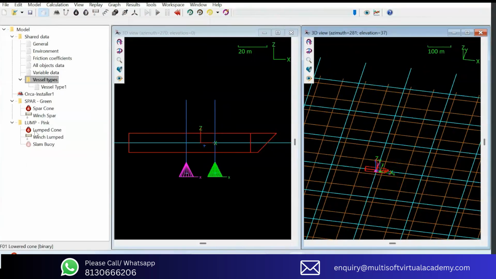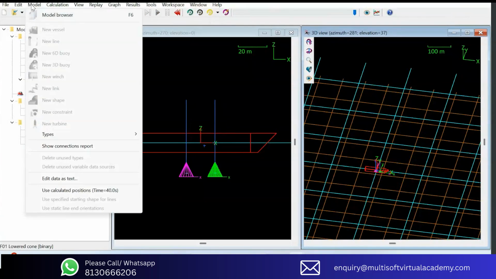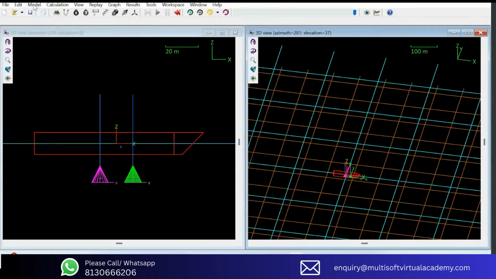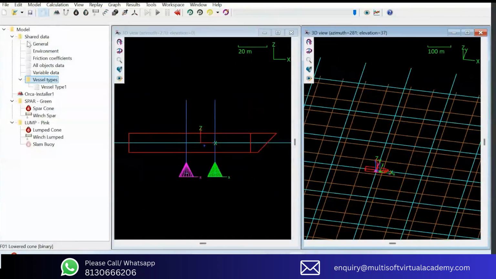Then on the left side, this window is called the model browser. This could be accessed through the model tab as well. If I press on this, it will disappear. If I want to bring it back, I can. Here we can see the complete list of all the objects and the data points in our model. It's divided into two parts. First is some shared data, which is used in different files, and then we have different objects, which are the actual